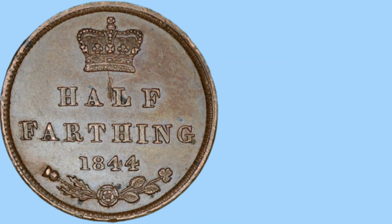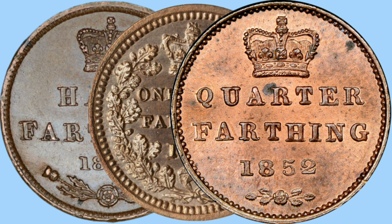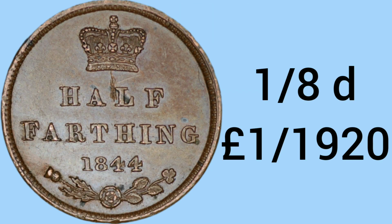Now then, moving on to the bronze medal. The 3rd place for the strangest denomination goes to the half farthing, the 3rd farthing, and the quarter farthing. A triple entry for these coins, because they're all just tiny, very small coins, with the half farthing being 1/8 of a penny and